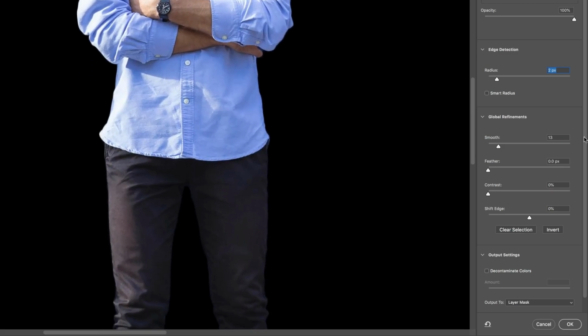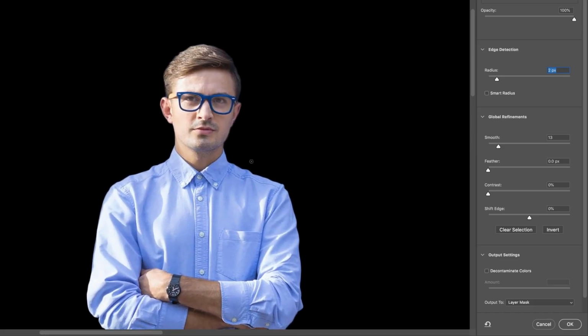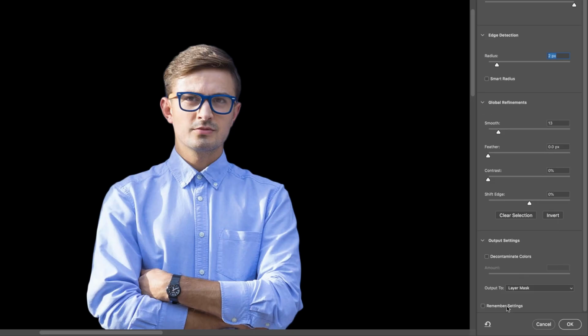I did retouching for a lot of years, and you'll get 100 photos of this guy, and the settings are all the same. You're like, oh, I have to go to smoothing and shift the edge, and often you'll get to the same point. Down the bottom here, you can say remember settings. Every time you load this back up, it's gonna remember the last thing you did,